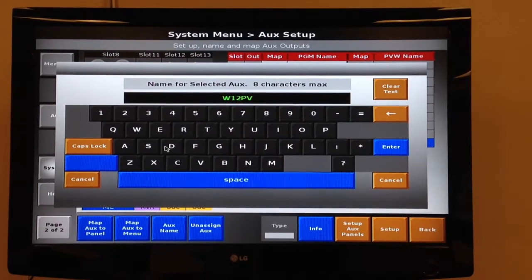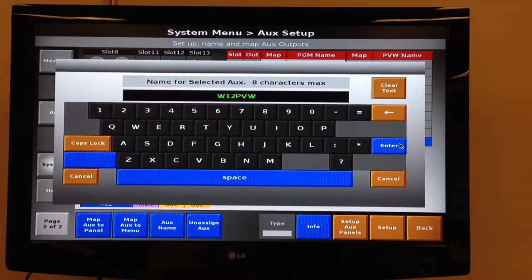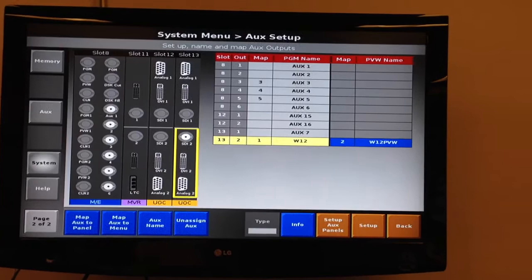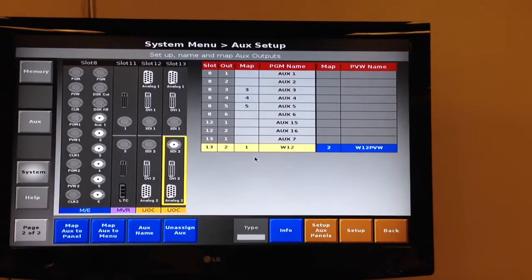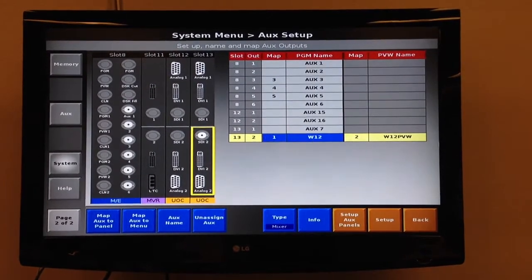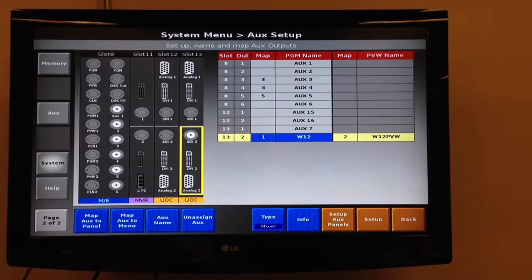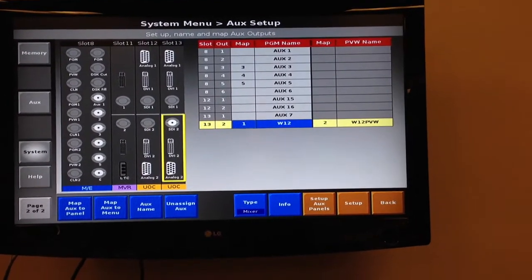So naming auxes helps you to find them later on when you're trying to assign those auxes to panels, or even if you're trying to map it to the multi-viewer. So now you have a program and a preview for that aux. So what you can do now is if you go to your aux panels,